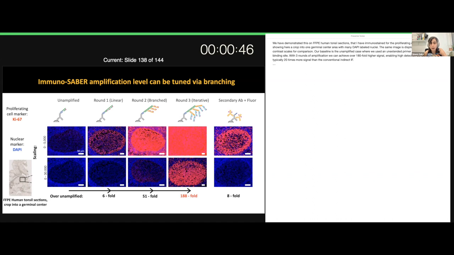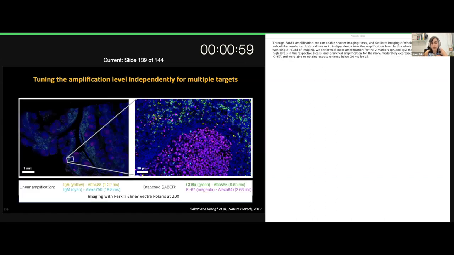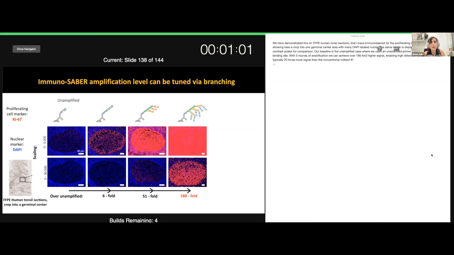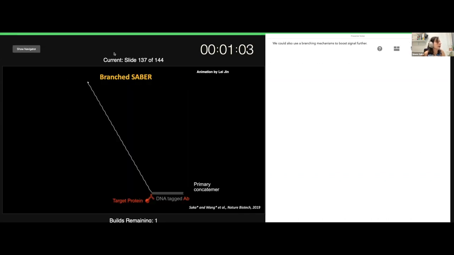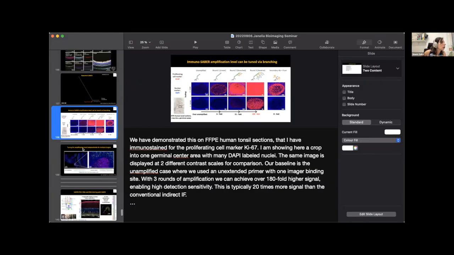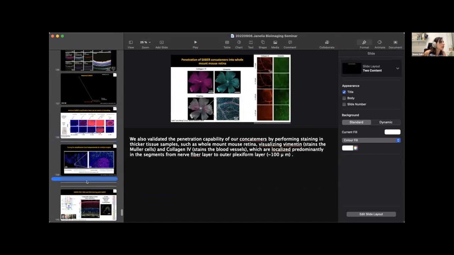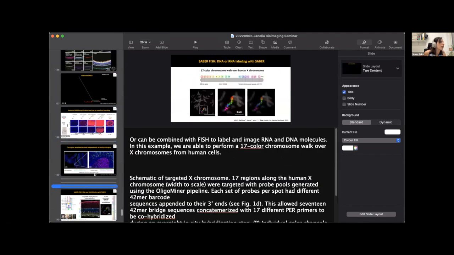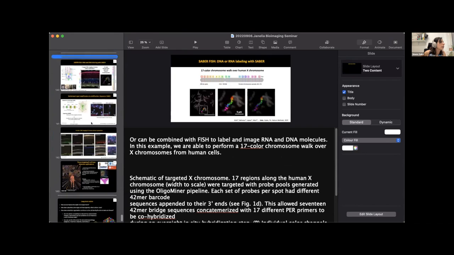And this brings us to almost 188-fold. So you can also just use the amplification itself, for really rare targets, without multiplexing, and push things up to like 200-fold. I'm looking for another slide. Maybe we have high zoom versions of this to show, but maybe I don't have it here to show that we have still very good